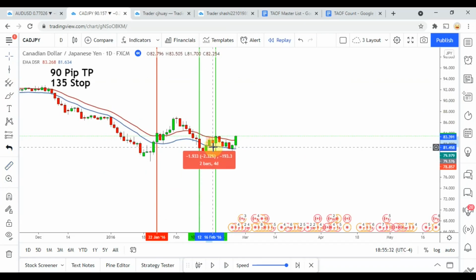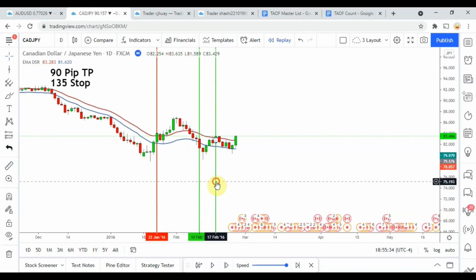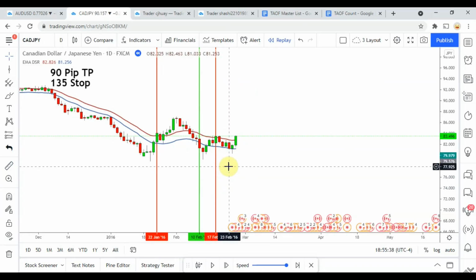And it comes down, stops us out there. And it looks like, double check here, the close of this candle is 81.25 and the EMA is at 81.256,